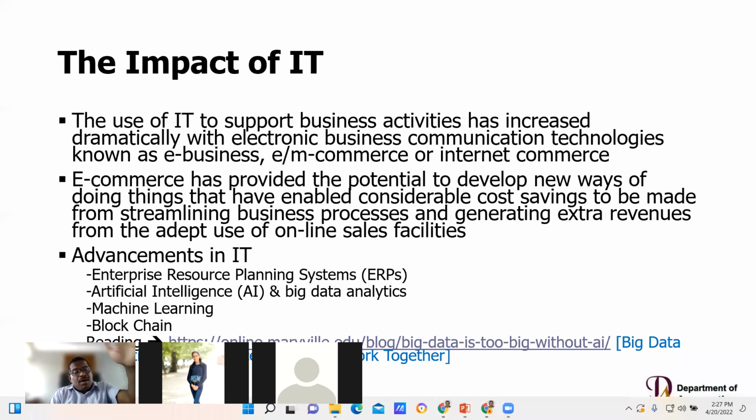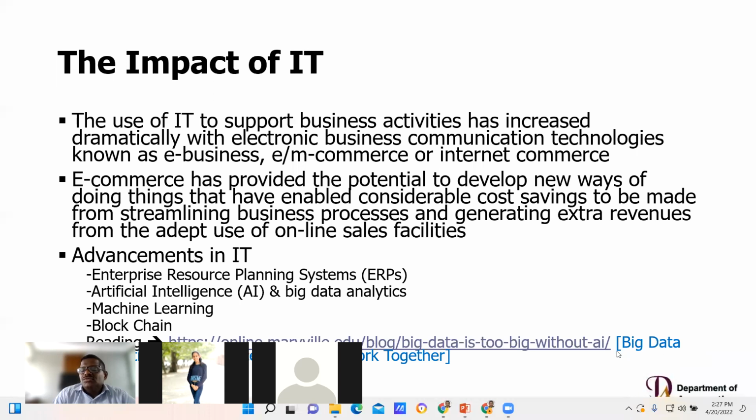I think you can remember how we ordered items during this COVID season. During that time, how we ordered. Then advancement in IT, ERP systems, artificial intelligence, big data analytics, machine learning, blockchains, all these,